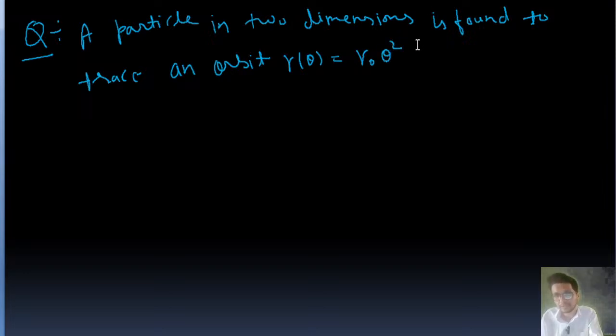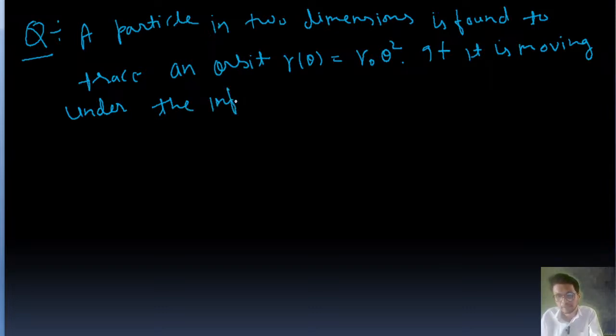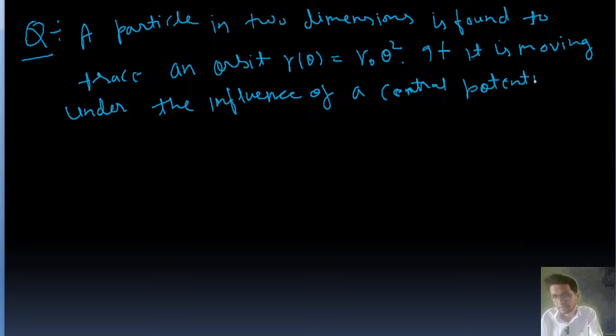That is the equation of the orbit given, right? If it is moving under the influence of a central potential V(r)